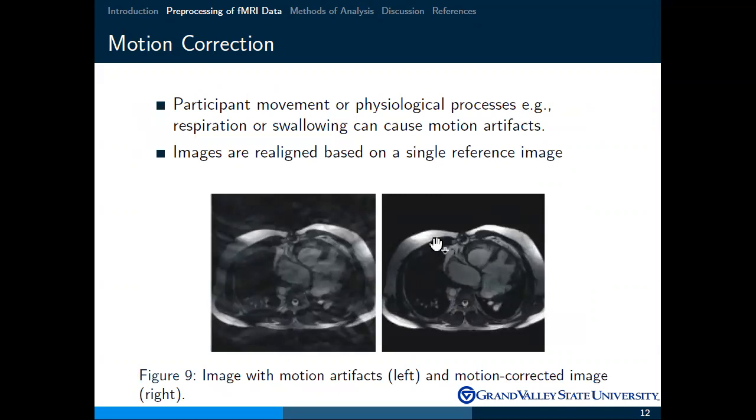Some common issues that you encounter with collected fMRI data often need to be fixed or addressed before you can analyze it or create good visualizations. One of the most common issues is motion correction, or participant movement causing artifacts in the images. Here, the image on the left depicts a problematic image where there's some movement from the participant